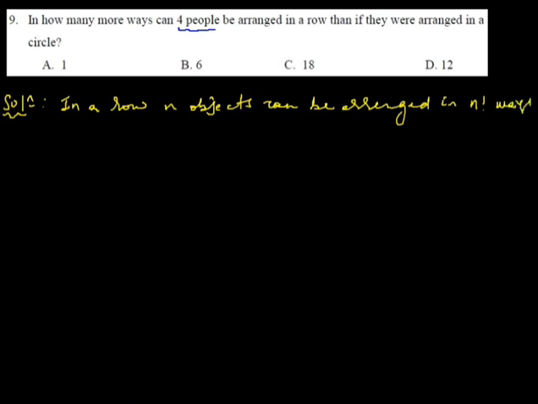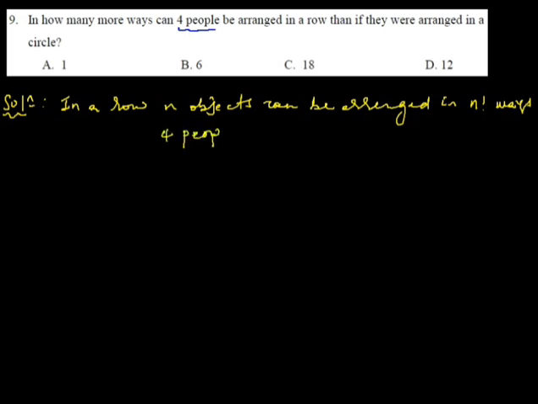Okay, in a row, n objects can be arranged in n factorial ways. So in a row, 4 people